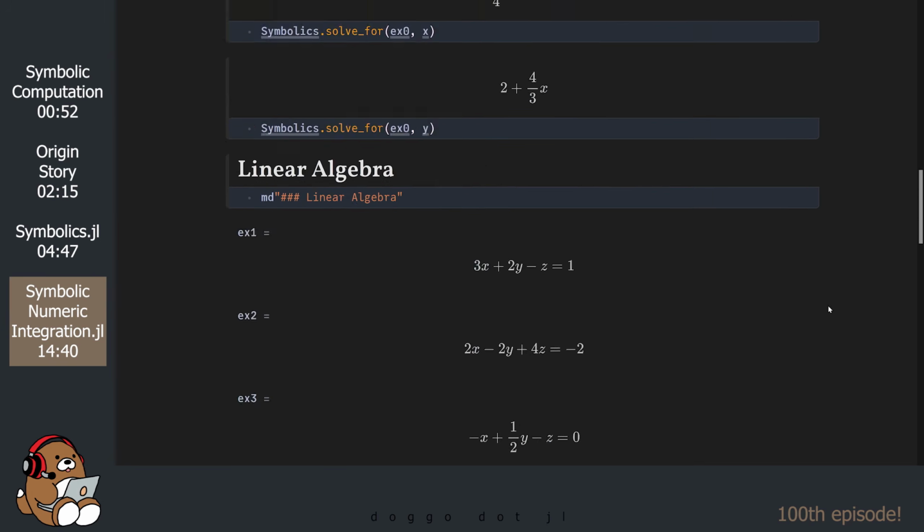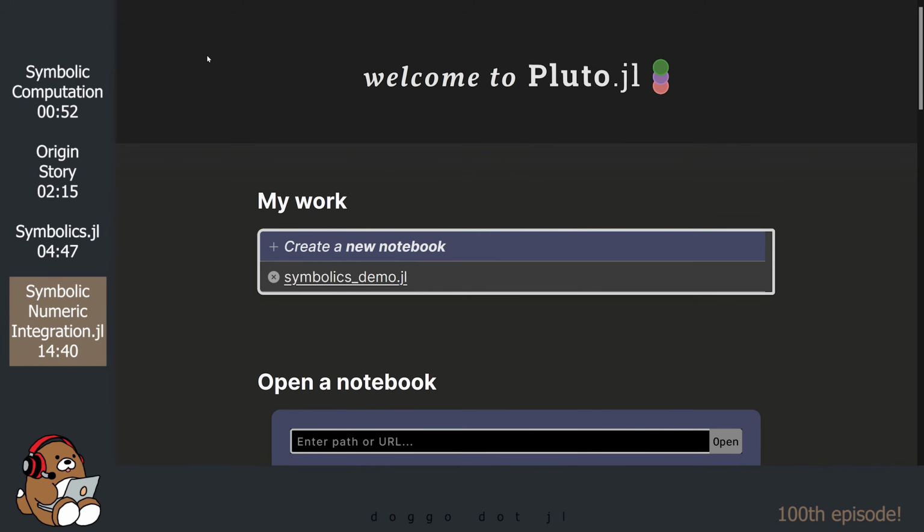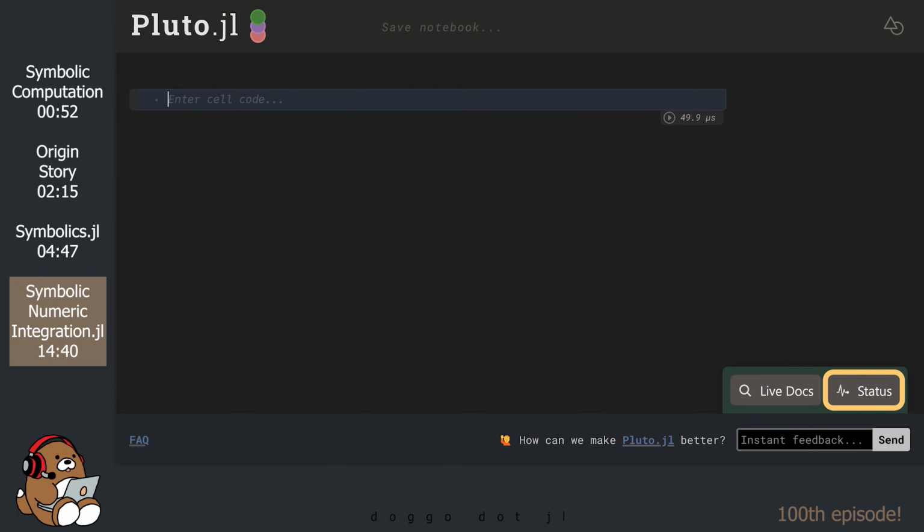Let's create a new notebook and then load the Symbolics package along with the SymbolicNumericIntegration package.